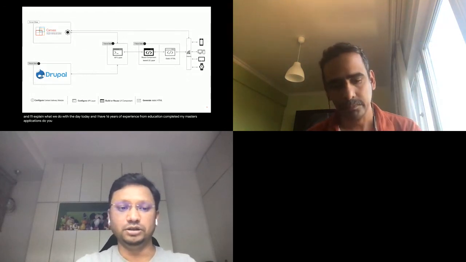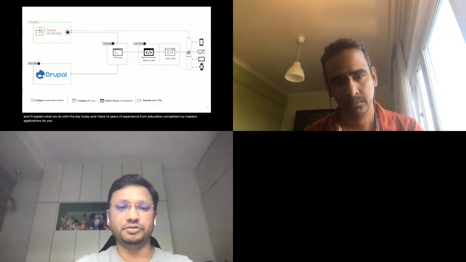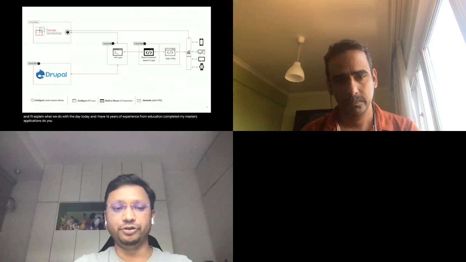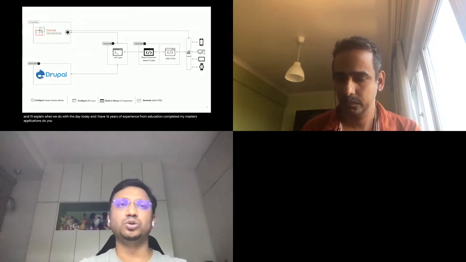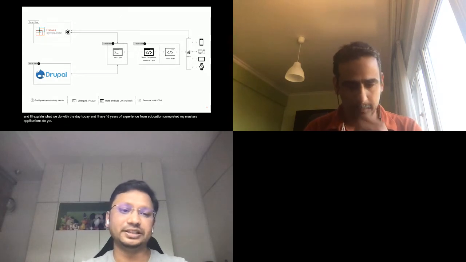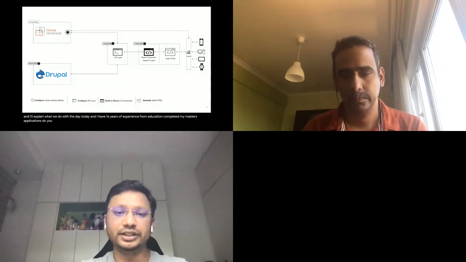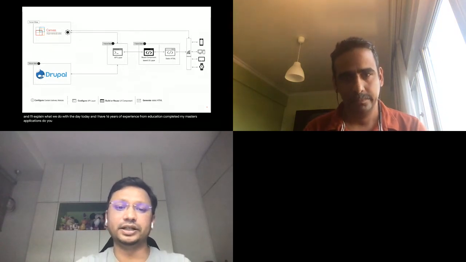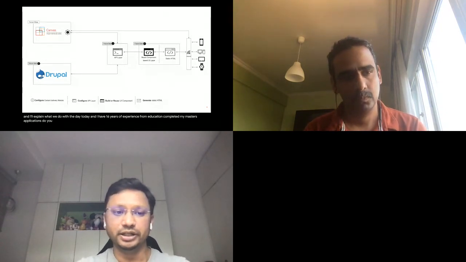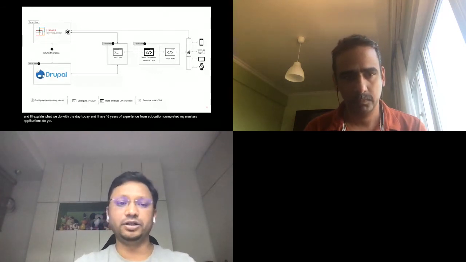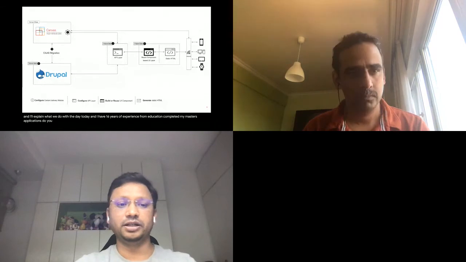So this is the idea we thought through. Whichever new Drupal 8 or Drupal 9 instance is there will serve the content to the API layer, and the API layer will serve that content back to the React component.